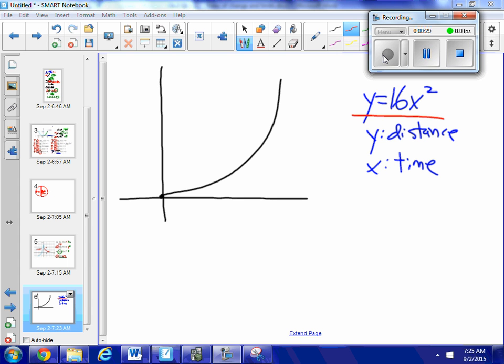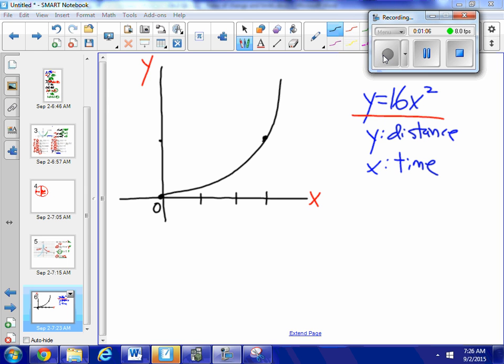So the y-axis is the distance that it falls, and the x-axis is the time that it has been falling. And the equation is 16x squared. Let's say here's 0 seconds, and here's 1, and 2, and 3 seconds. At 0 seconds, it hasn't fallen at all, and at 3 seconds, it's fallen that far right there. Whatever that y value is, that's how far it's fallen. And the first thing I want to find out is what is its average rate of speed over the 3